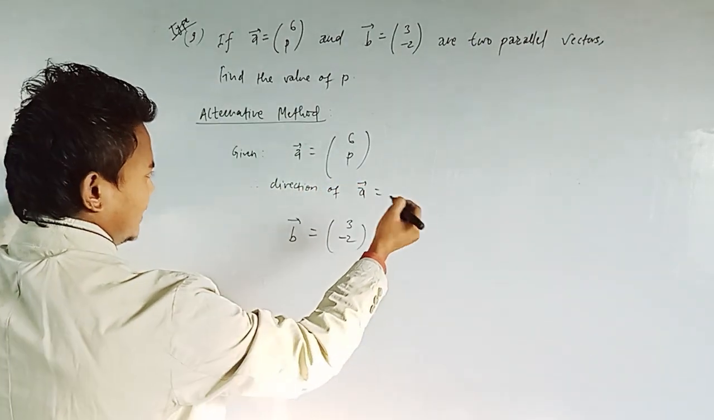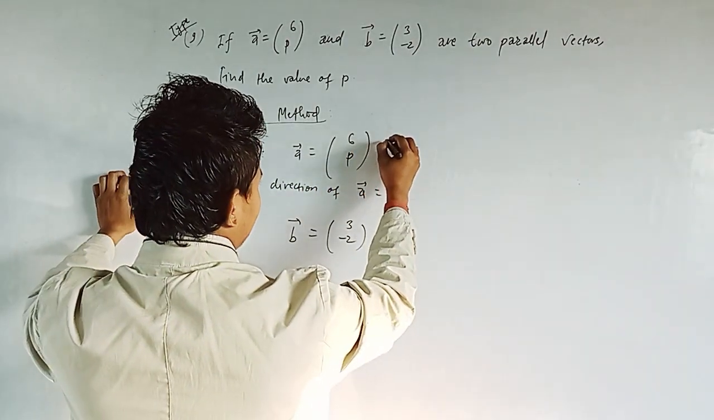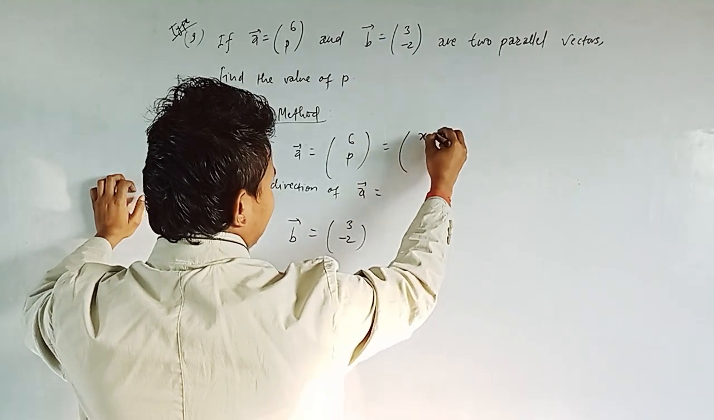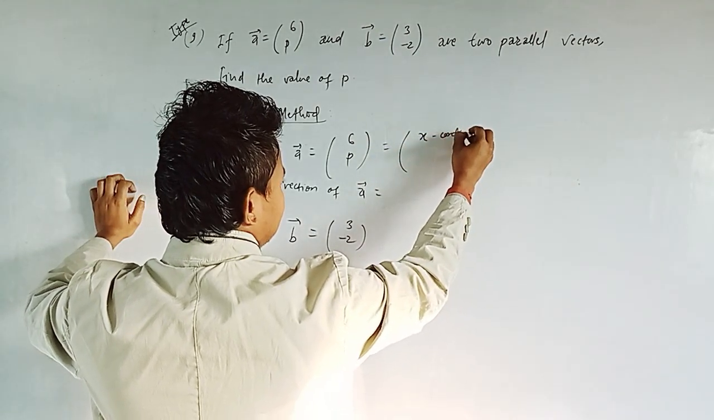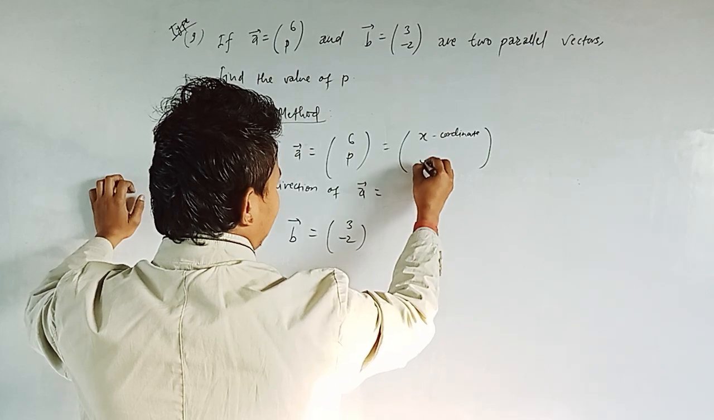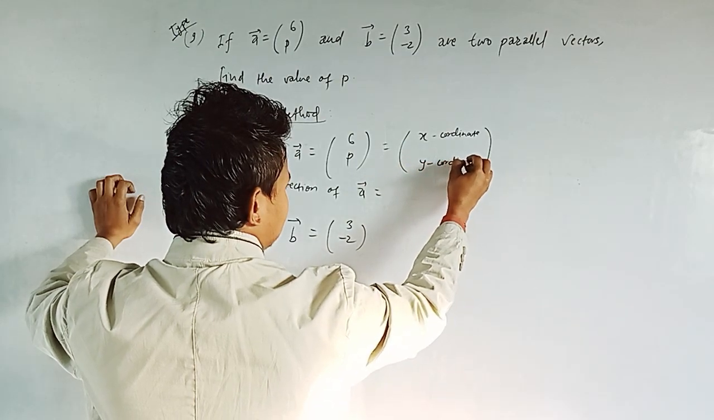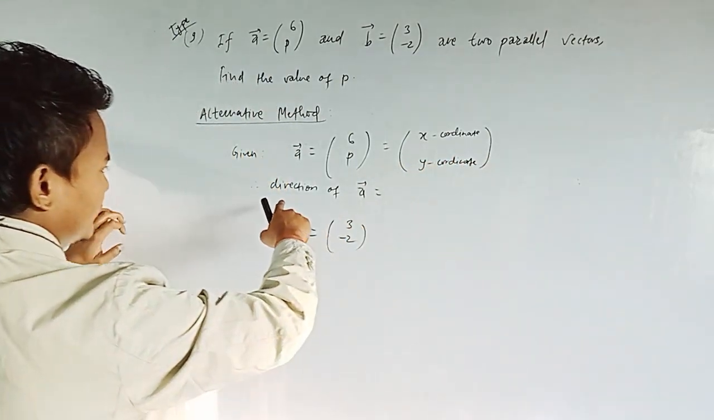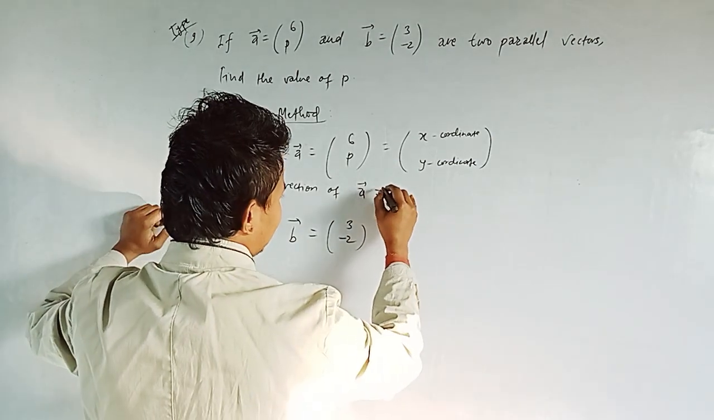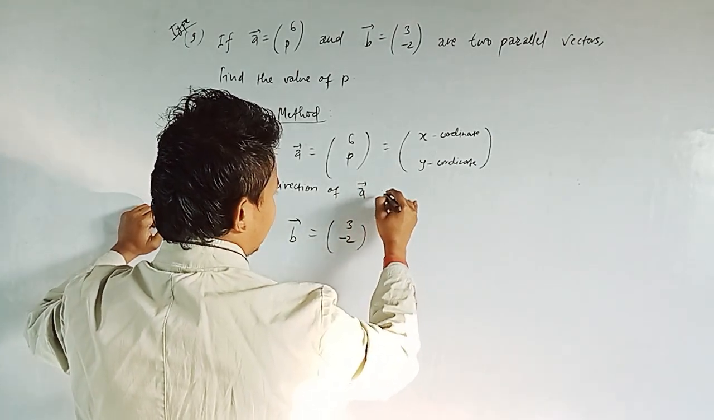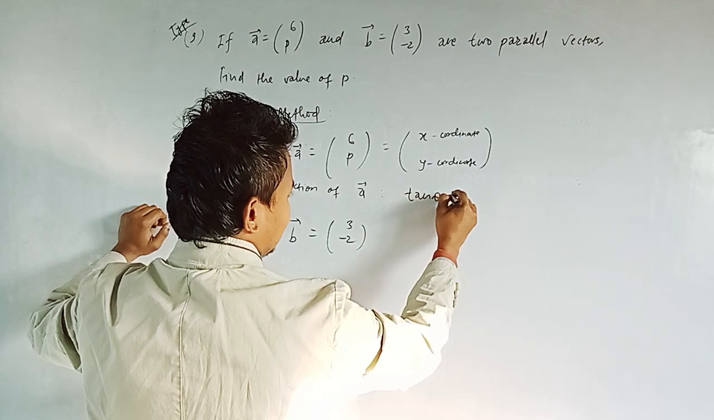Direction of A, as we know, this is the x coordinate. First one is x coordinate, and second one is y coordinate. Right? So direction of A equals tan theta, and tan theta equals